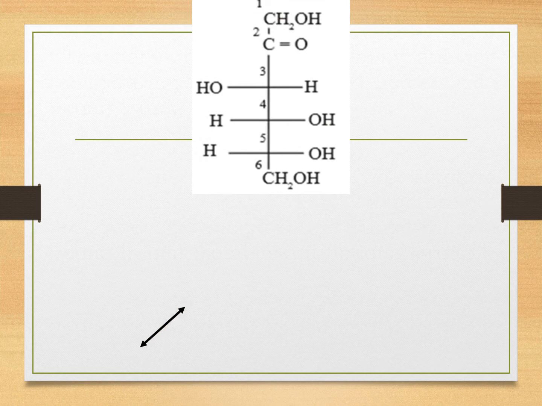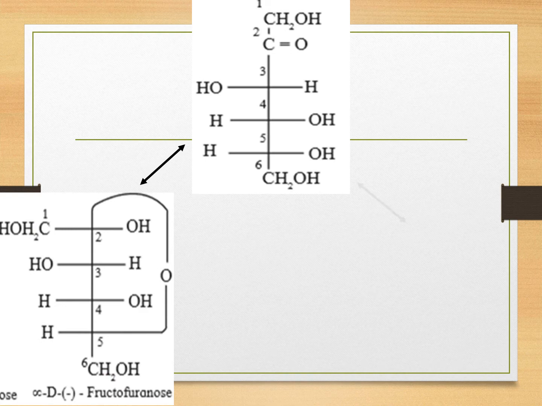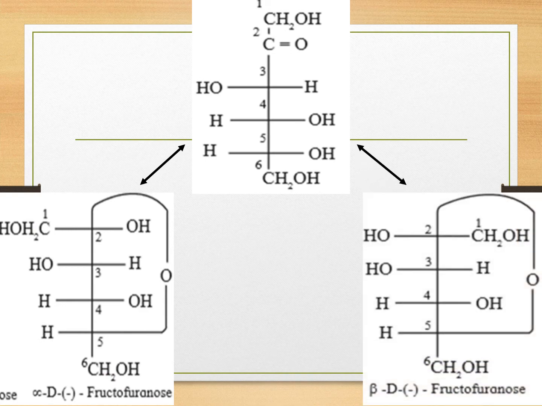Students, just like glucose has an open structure as well as a cyclic structure, similarly fructose can be represented in the form of an open structure as well as a ring structure. You can see the open structure over here. The first figure is the open structure of fructose. It has six carbon atoms, and at the second carbon you can see a ketonic group. Students, when the ketonic group reacts with an alcoholic group, it leads to the formation of a hemiketal group.